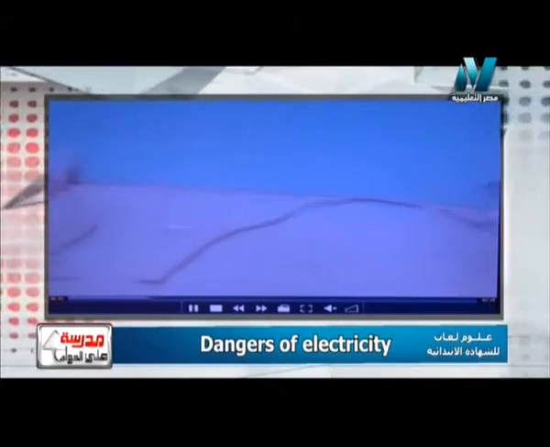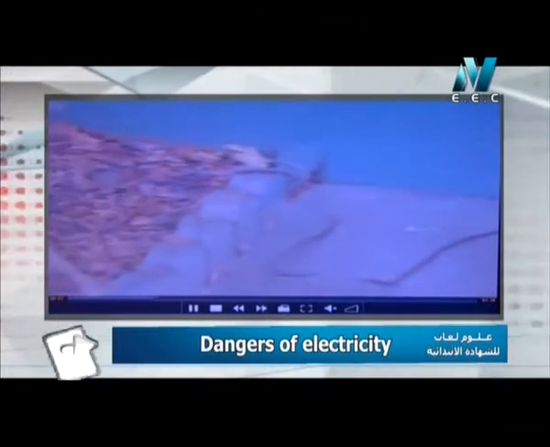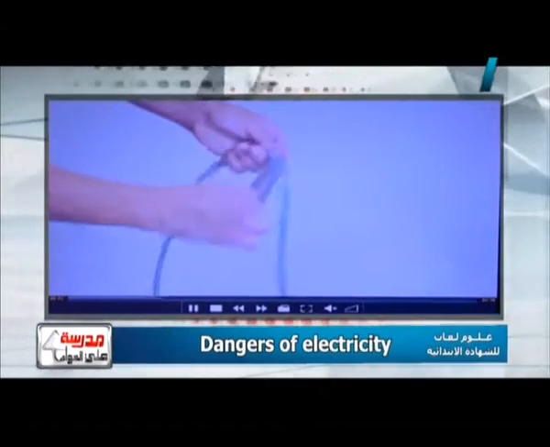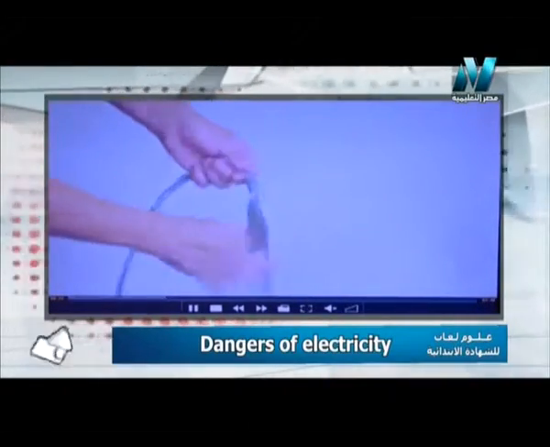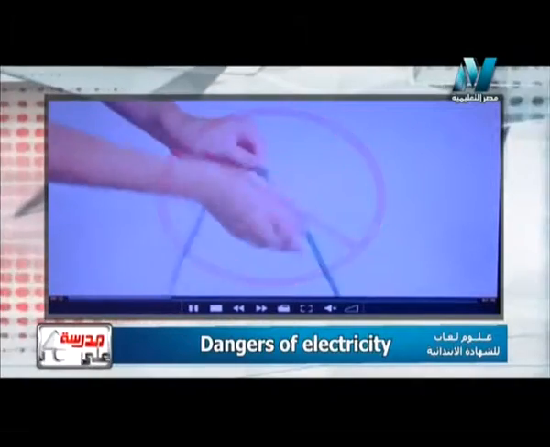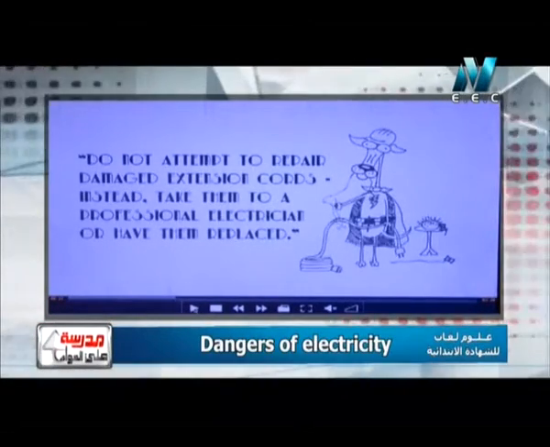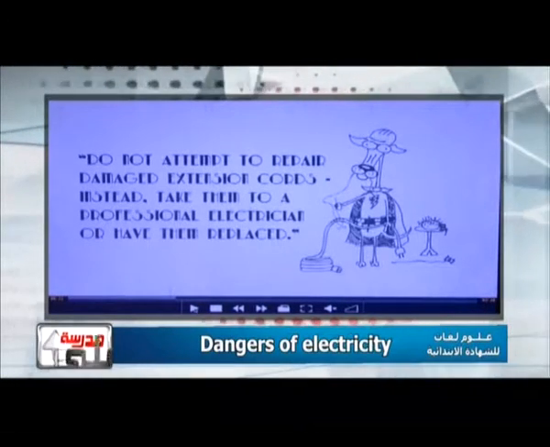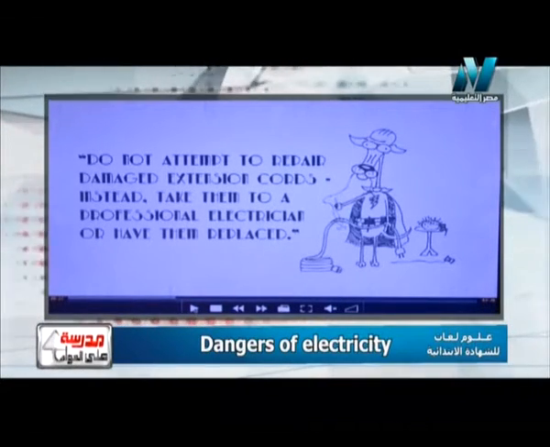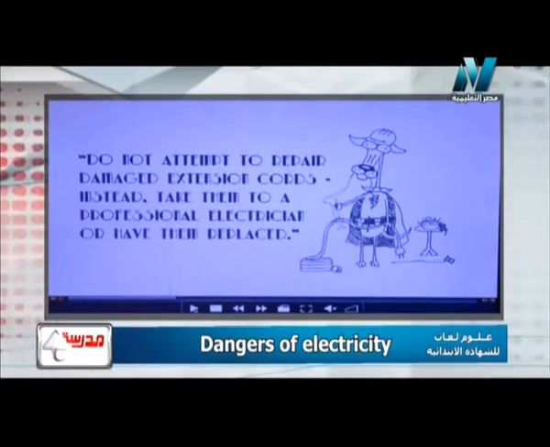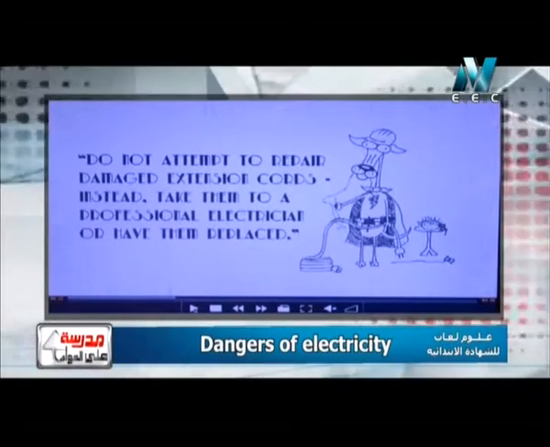ده غلط جدا يكون في اسلاك كده خارج الحوائط. لازم يكون كل الاسلاك covered or inside the walls or inside a pipe. Okay, يكون داخل pipe او داخل مواسير. So I have here a very important advice for the electric dangers. Don't attempt to repair damaged extension cords. Instead, take them to a professional electrician or have them